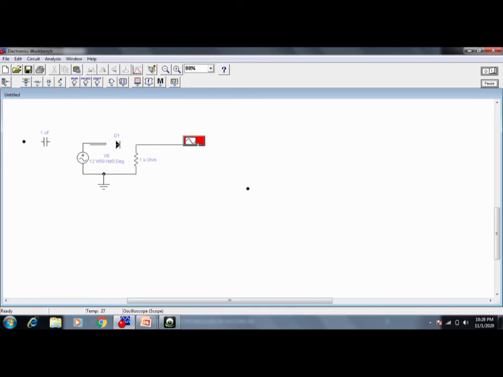Let us connect this channel A to the input. Okay, and B is connected to the output, and this is your ground. Okay, I want to show you both the input and the output. So here every connection is completed for the half wave rectifier. Usually after doing the connections, what we do in the lab is switch off this one, switch on this one. Here you are going to see the one switch is there.